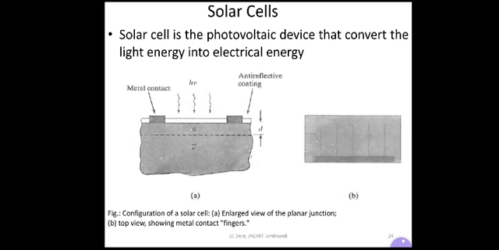The electrons that leave the solar cell as current give up their energy to whatever is connected to the solar cell, and then re-enter the solar cell. Once back in the solar cell, the process begins again. So this is a repetitive process, and this is how the solar cell works.